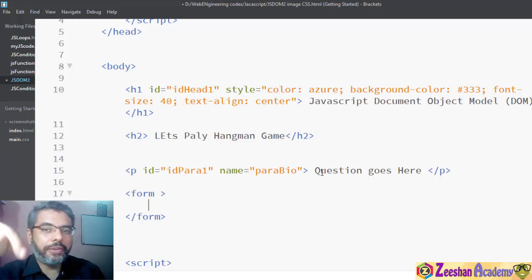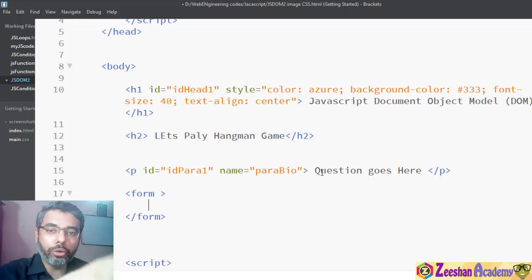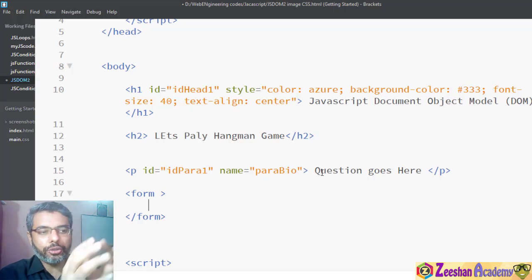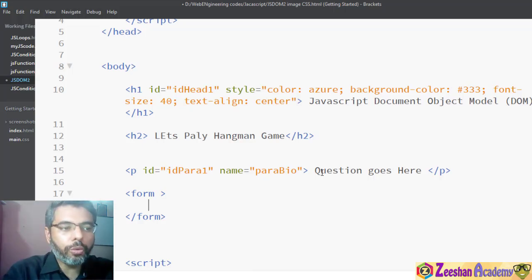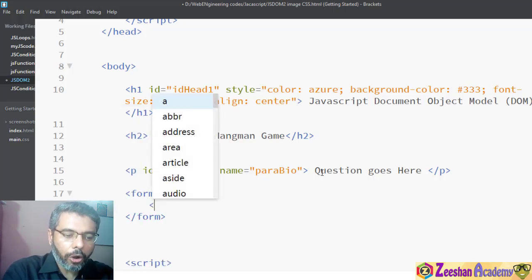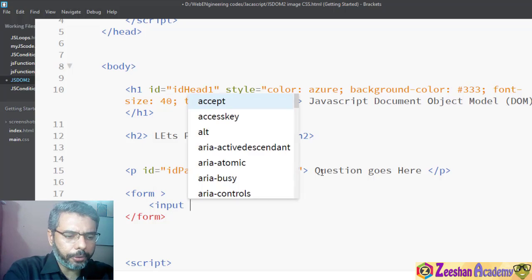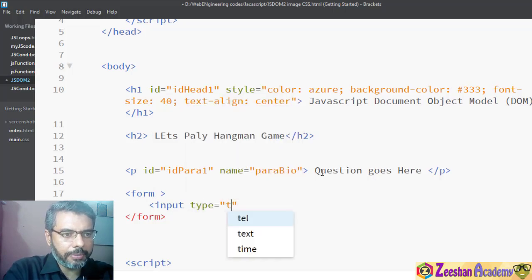Specifically when we study PHP, we will be creating more forms, because all the data that the user provides in a form is then read and sent as a single bunch. So it's an easy and convenient way to use a form, which in other words means that you can have multiple input fields within a form. All the data is sent as a single group of data values, which is then read very easily by the system. So we use input and then we specify type, and this can be simple text.